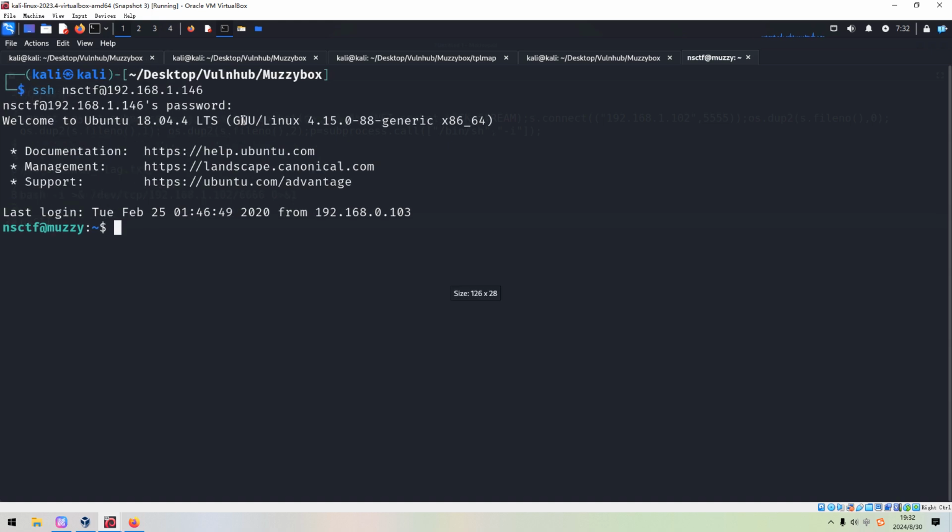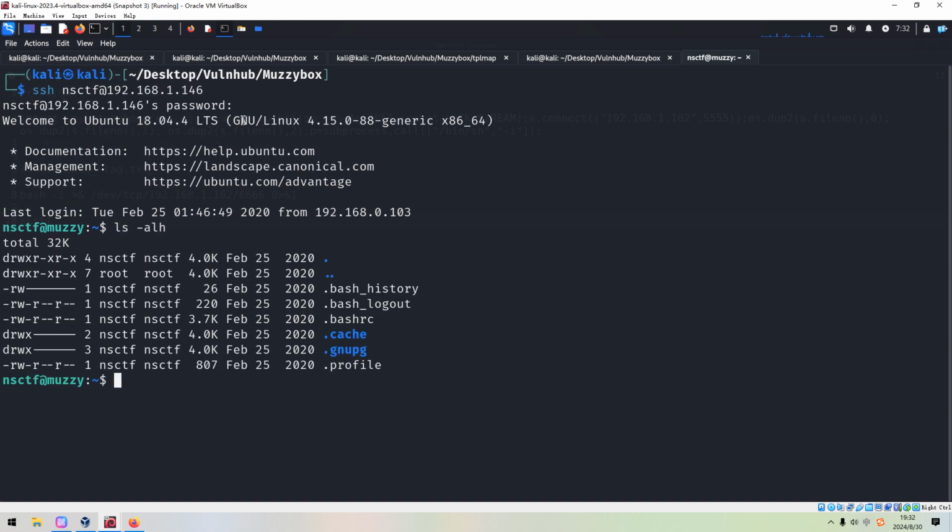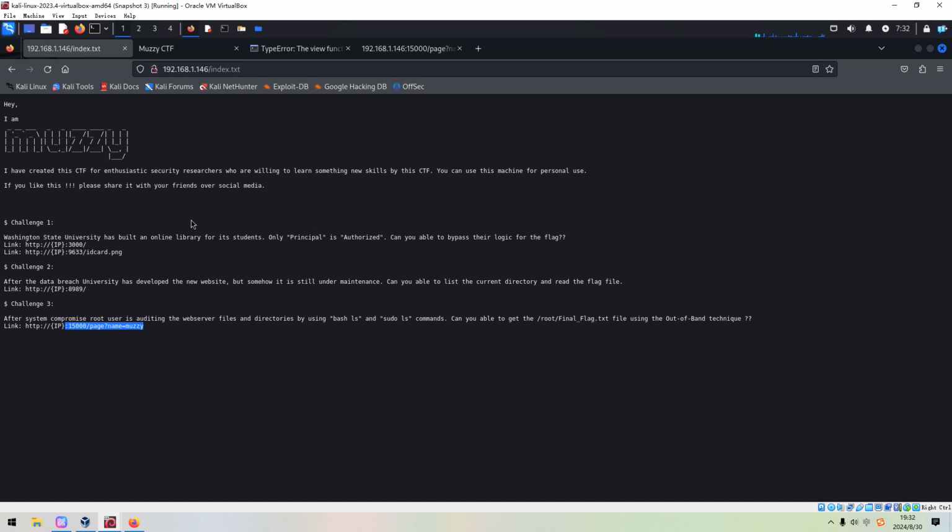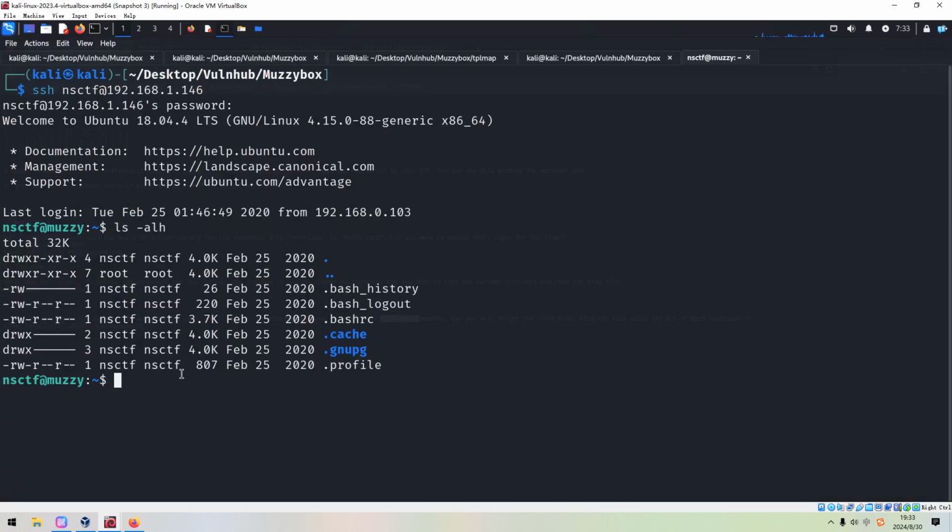So what we are going to do next, I think next we'll come to the last challenge. And it looks like this third challenge has something to do with the ls and sudo ls commands. So maybe we can manipulate the PATH environment variable.